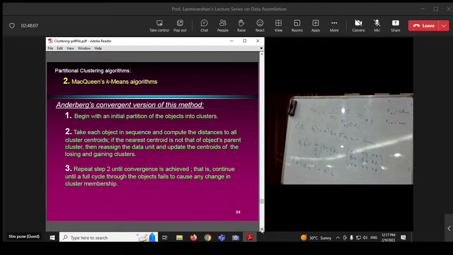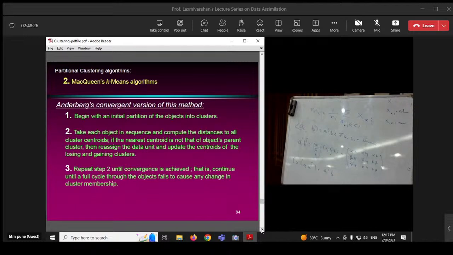A convergent version of this method. Begin with the initial partition. So it doesn't say how you do it. Begin with some initial partition, using very simple methods. Take each object in a sequence and compute the distances to all the cluster centroids. If the nearest centroid is not the object's parent cluster,